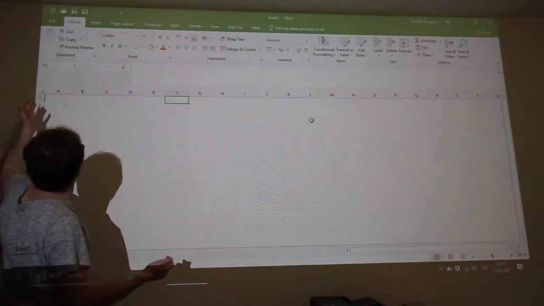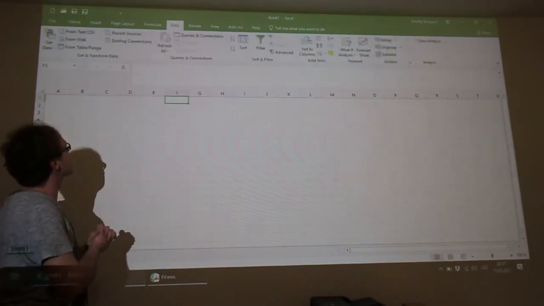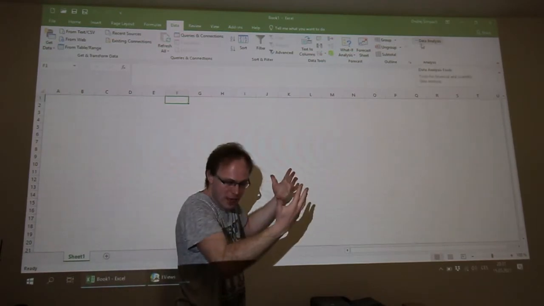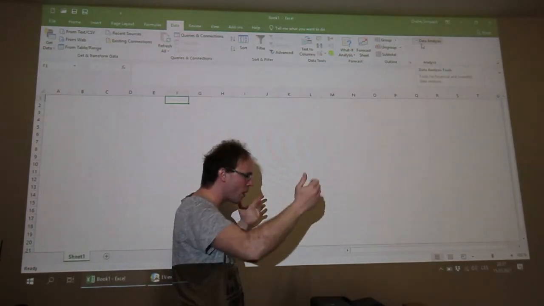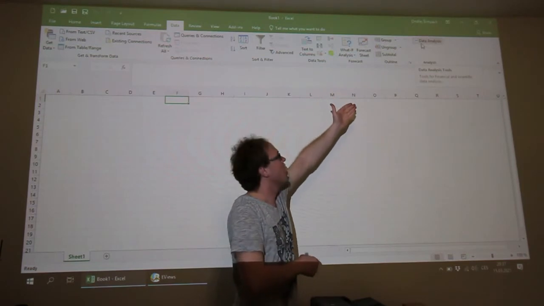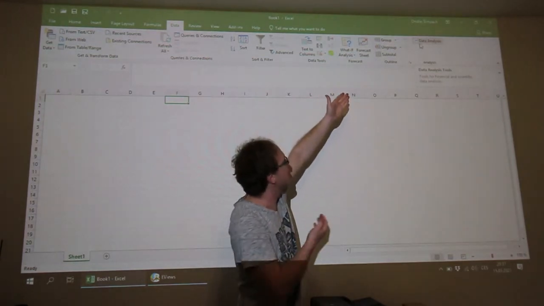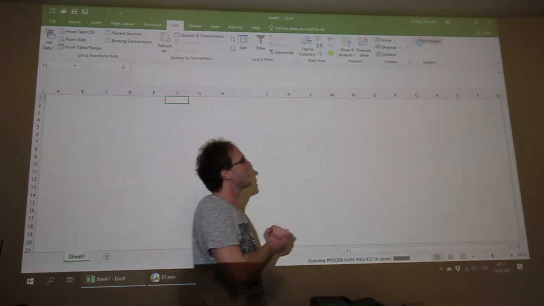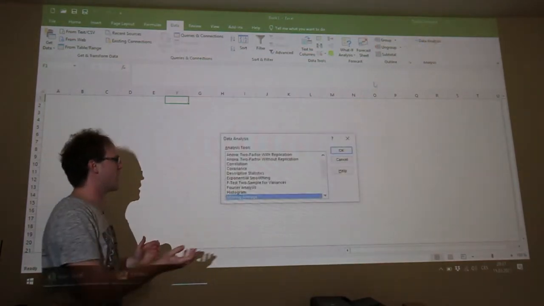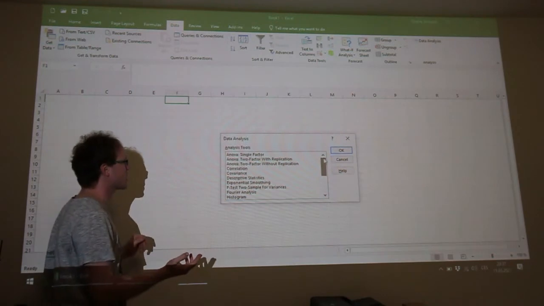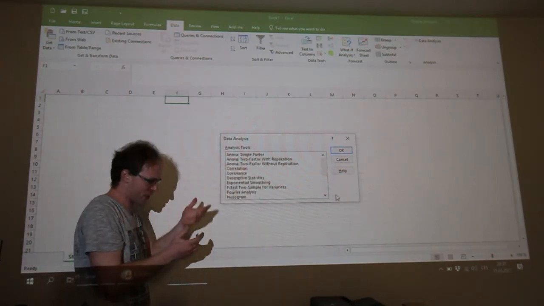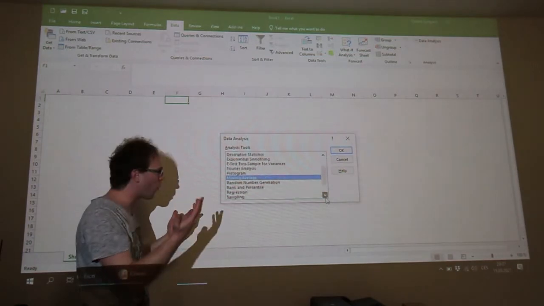Okay, so on the Data tab, in the right top corner there was nothing before, but now we have installed here a special Analysis ToolPak, Data Analysis. Please click on this Data Analysis, and within a few seconds you will see this small window with a lot of statistical tools.